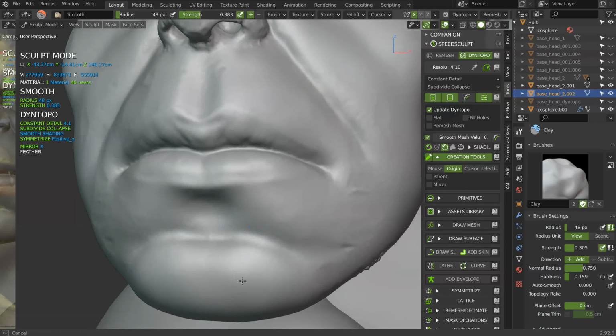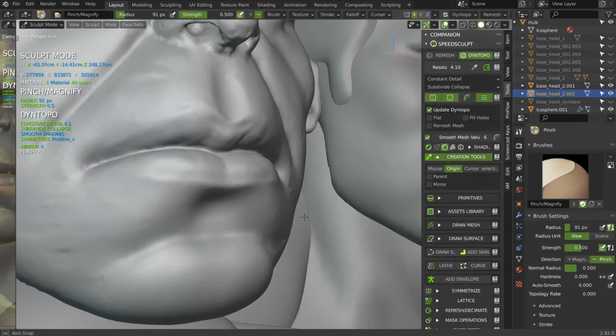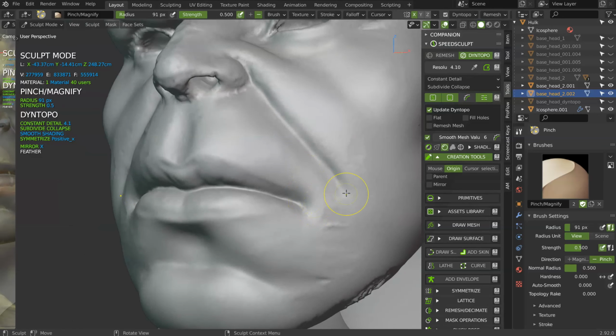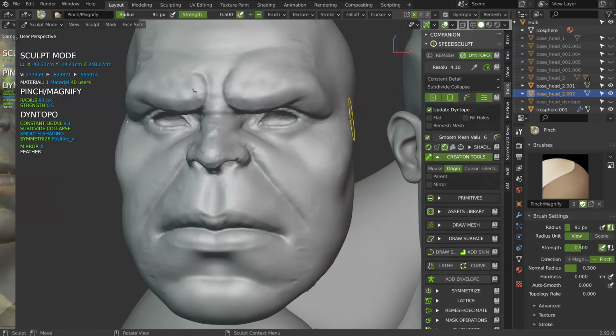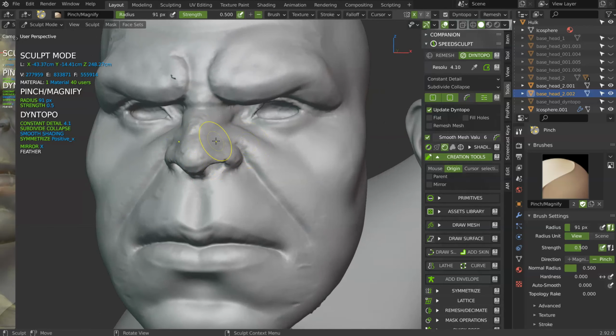I will use the pinch on this one and smooth it a little. And if your computer doesn't follow, I wanted to show you that it will lag a lot, but on this video it's not.